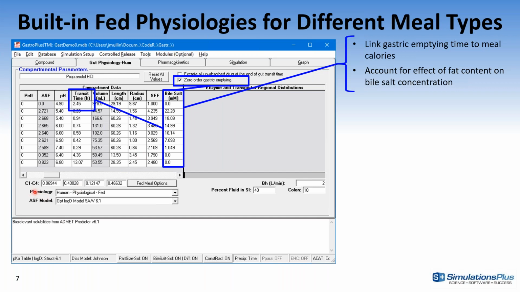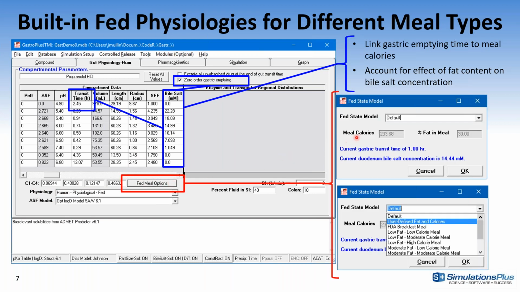So now when you select a fat physiology, you will have this additional setting for fat meal options, where the default is still our fat physiology that we had in all the previous versions with the standard 1 hour gastric transit time and just under 15 millimoles bile salt concentration in duodenum. But in that fat state model, you will have a drop down with number of predefined combinations of low, moderate, and high fat and calories in the meal.